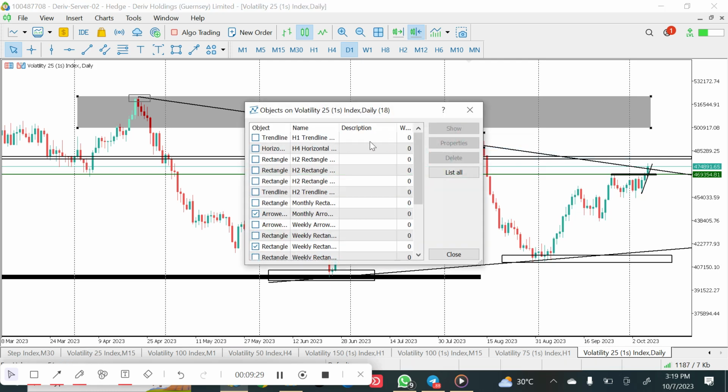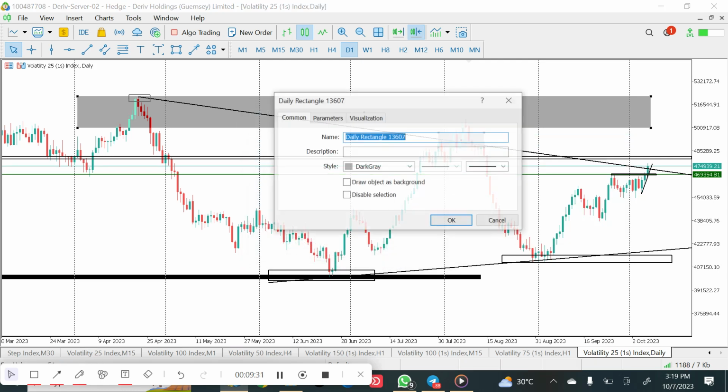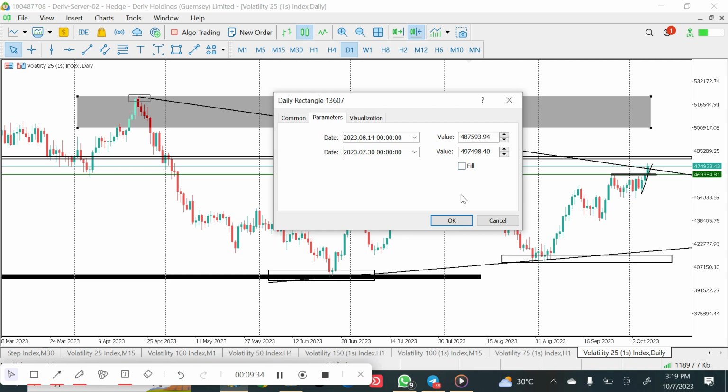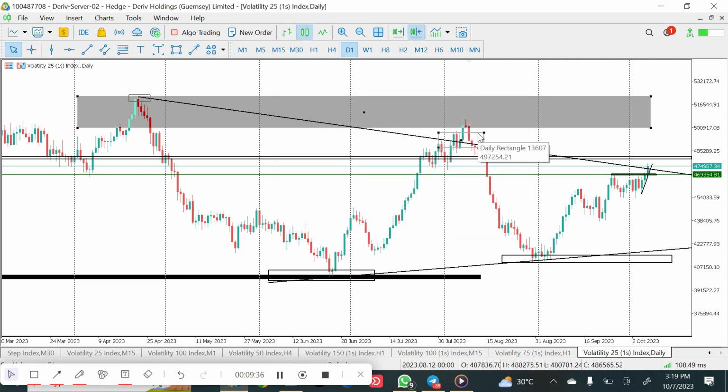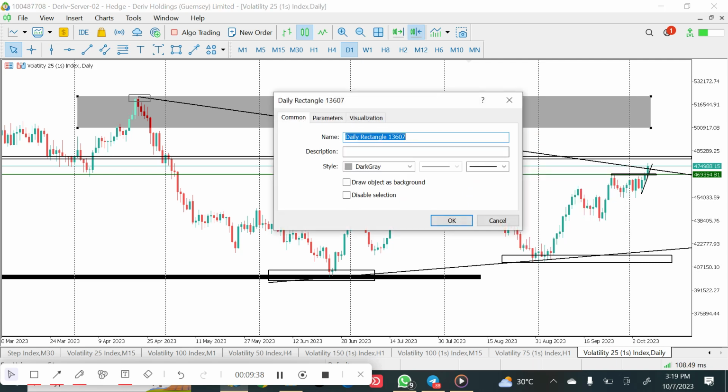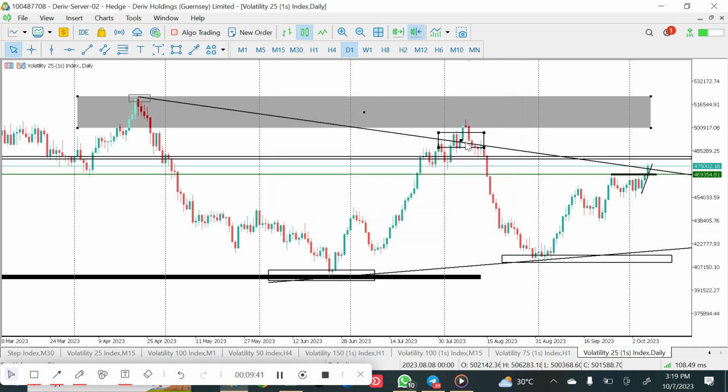and the purpose of the violation was for price to tap into the supply zone above there. This area was violated and market tapped into the supply zone and gave us a bearish reversal pattern, which is an evening star formation, a bullish candle, a doji, and then a bearish candle, and market sold beautifully on the daily. Okay, so